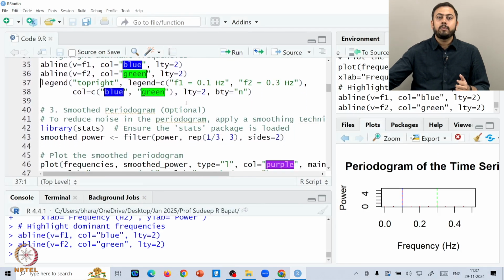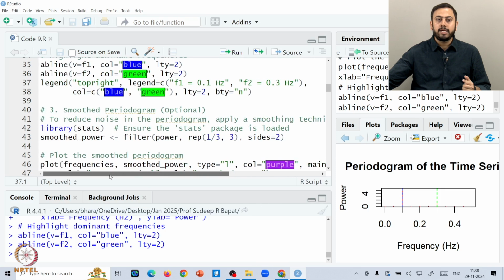Yeah. So, now the third point is, why not generate a smooth periodogram. Just to reiterate what we talked about in the beginning of today's lecture, a general periodogram has a disadvantage, that it is not consistent. So, if you want to add the consistency property as well, then we have to smooth the periodogram. So, we will create a smooth periodogram, and this is essentially to reduce the noise in the periodogram, we